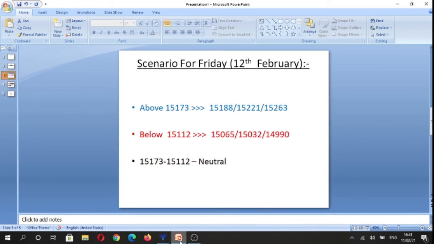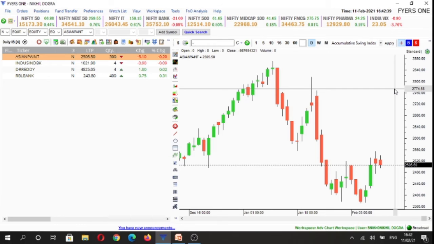And overall, based on multiple time frames, the safest trade would be to look for buying opportunities above 15,173, or refrain from making any trades to the short side. However, aggressive traders can definitely attempt short trades, but for conservative traders, it is best that one should look for only buying opportunities above 15,173, else not trade at all.